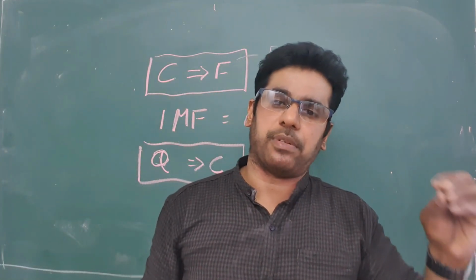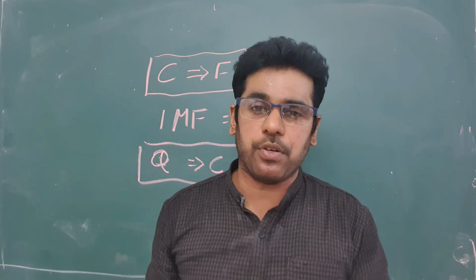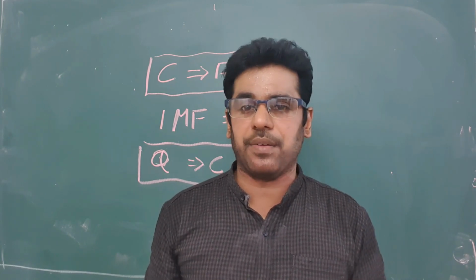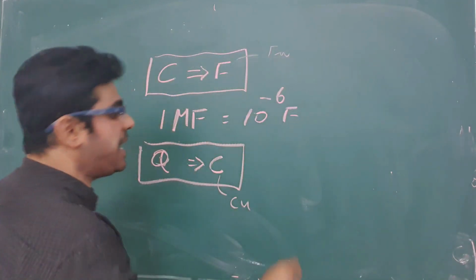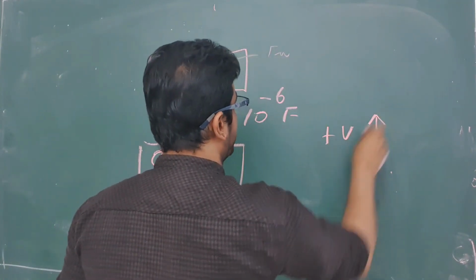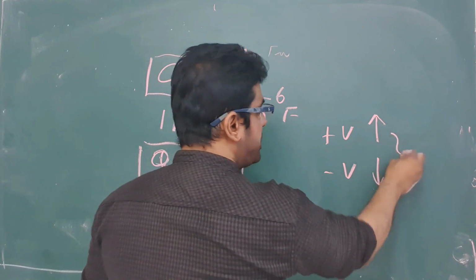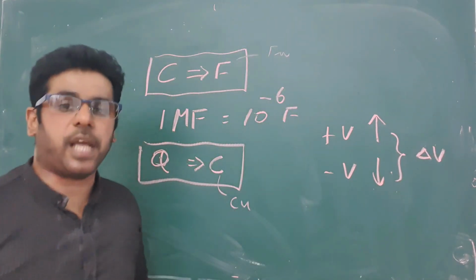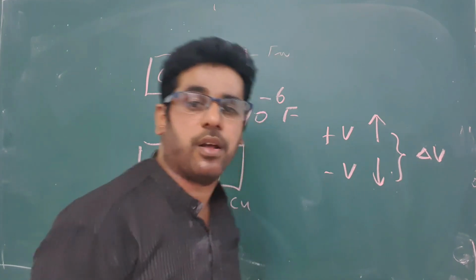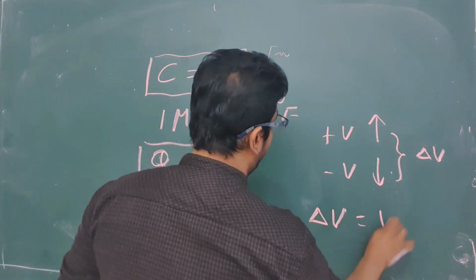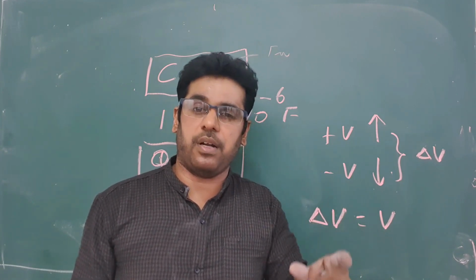When we bring a capacitor from the market, it has no charge, so we have to charge it by using a battery or any plus or minus device. At that time, it takes plus charge and minus charge. The plus always increases the voltage and the minus decreases the voltage. Due to this phenomenon, it makes a voltage difference. In a capacitor, the voltage difference is called V. Normally we write V for the voltage difference.